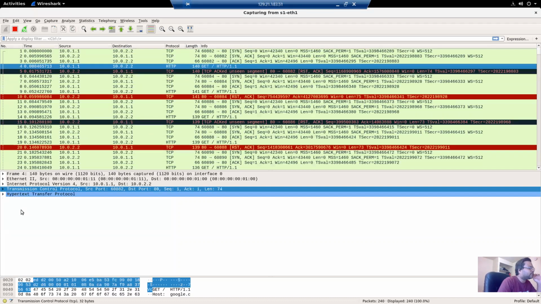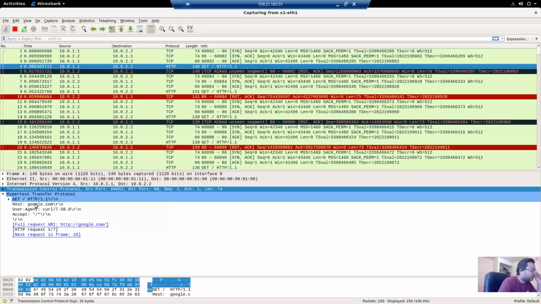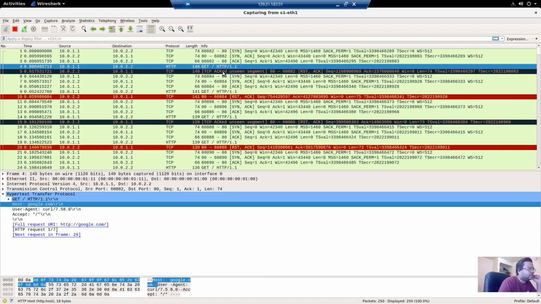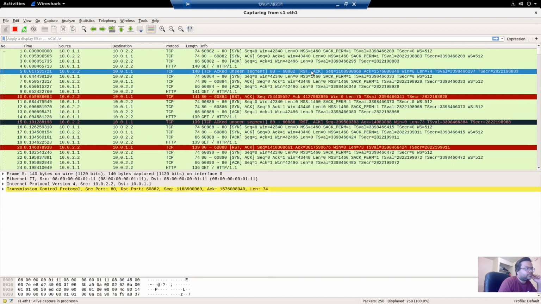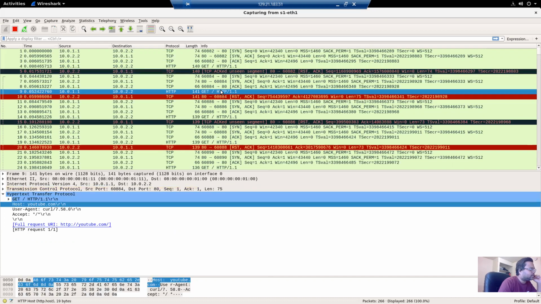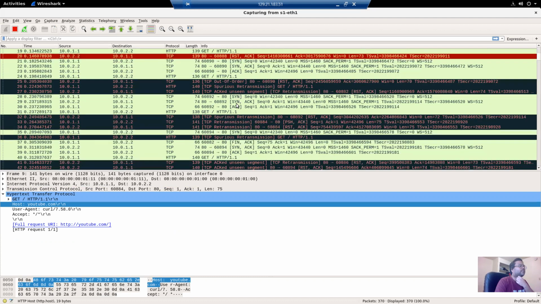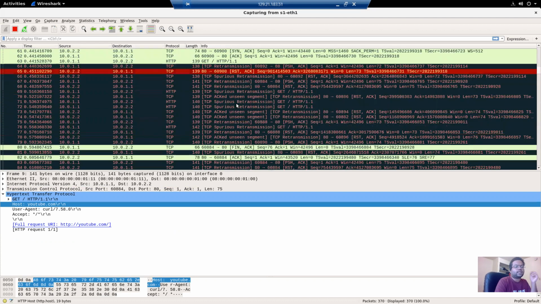So in the HTTP GET request, you have a host like google.com here, right? And you're getting the corresponding reset packet. Then again the same thing, youtube.com. So these are the Alexa top 10 URLs. The difference is that I run an HTTP server, so I have configured DNS records on my own machine such that everything resolves to this particular IP.